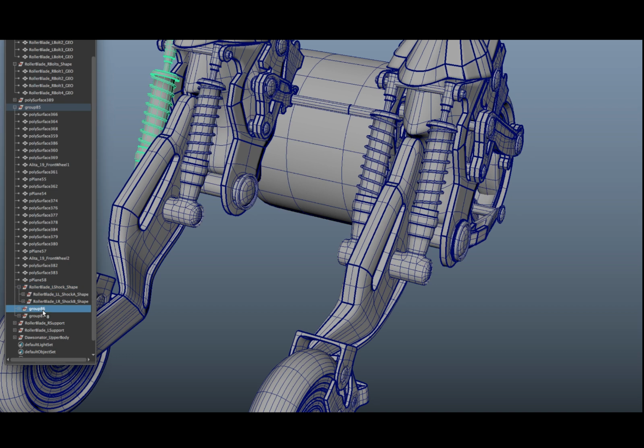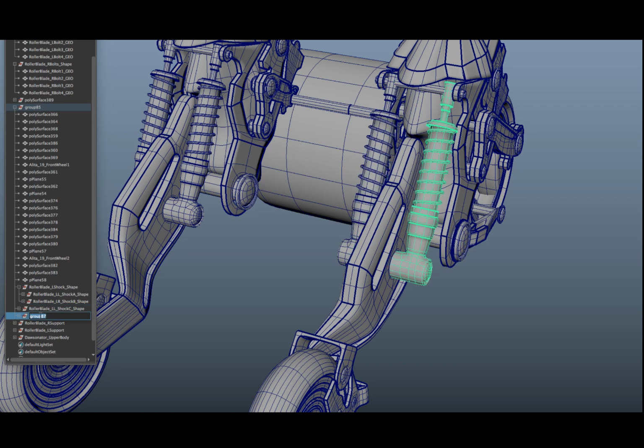Control C. This is left, left, shock ABC, shape, shock B, and this is also LR, left, right,